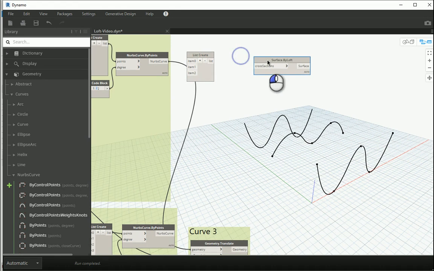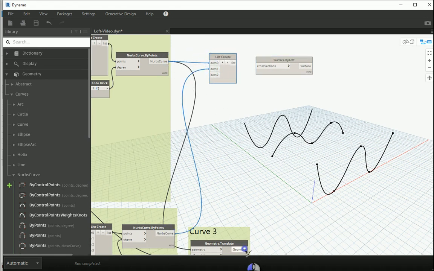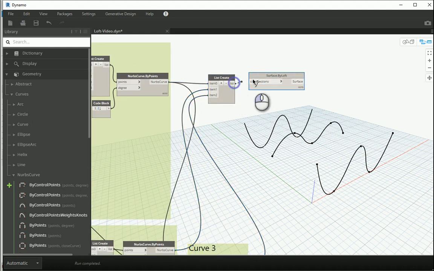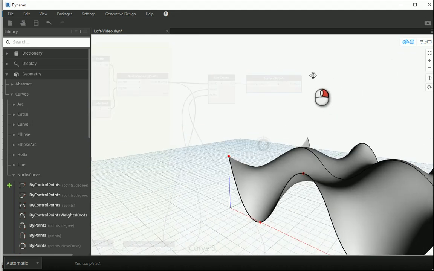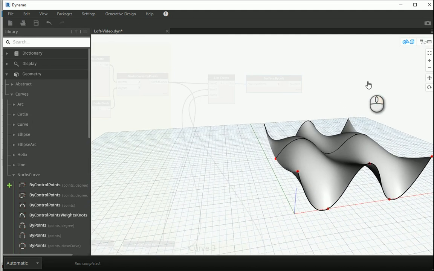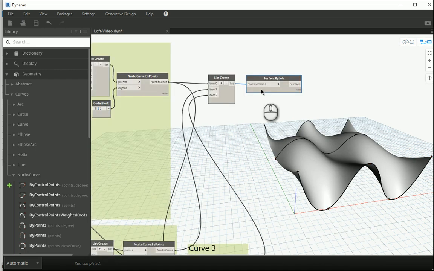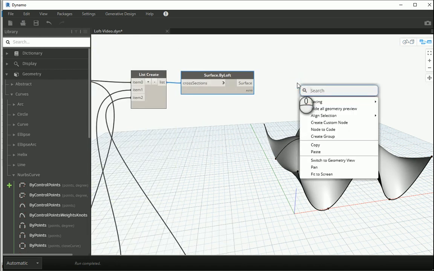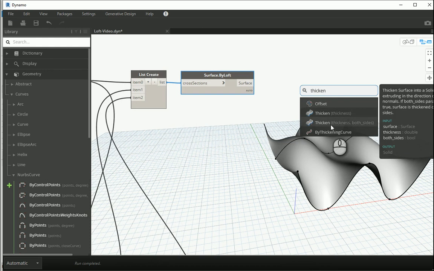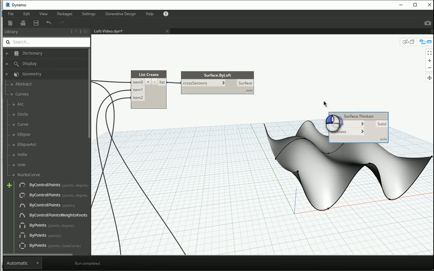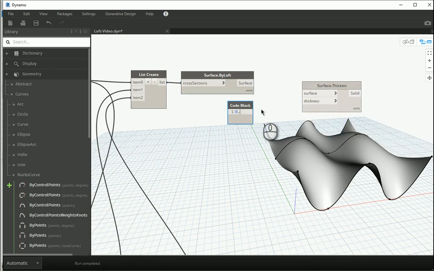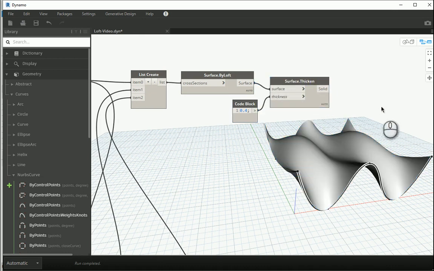And now I have my 3 curves, connect them in order to the list that we have here. The order matters. And list goes to cross sections, and we have our loft here, right? So this project is actually concrete. So this is what you have. You can just thicken the surface. If you right click and go with thicken, either on both sides or only one side, you can thicken the surface maybe by 30 or 40 centimeters, and that goes to thickness, this goes to surface, and you can import